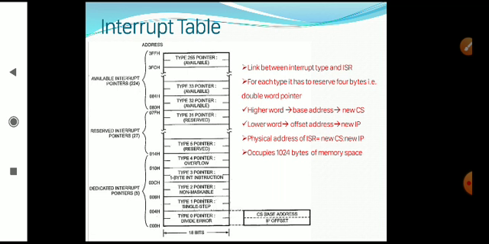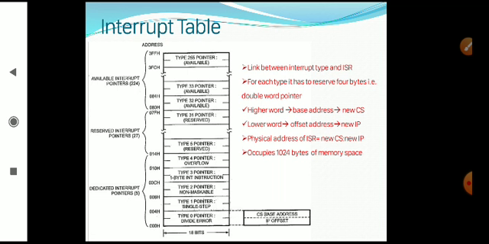Now the microprocessor will multiply the vector number by 4 and go to the corresponding location in the interrupt vector table to find the ISR, and it will provide the service.